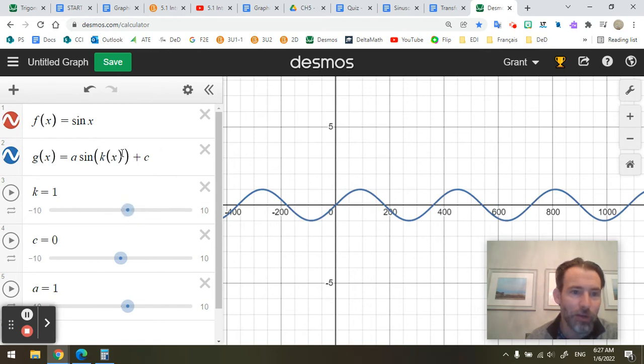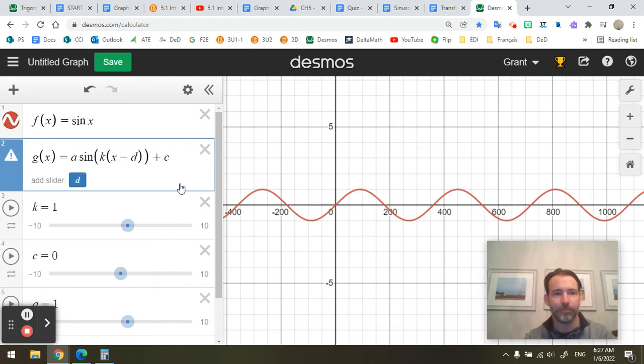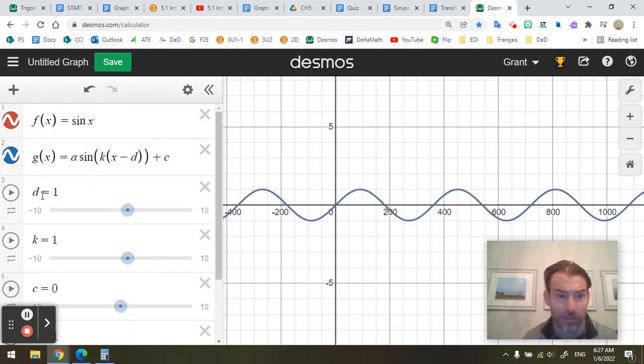And then we're going to add one final slider, x minus d. We often write this as minus. Sometimes I write this as plus. Really, it's a sign flipper. Just remember that d is a sign flipper. So